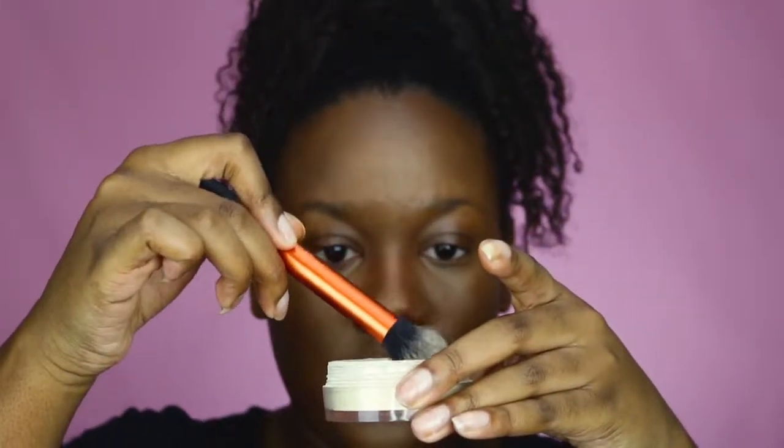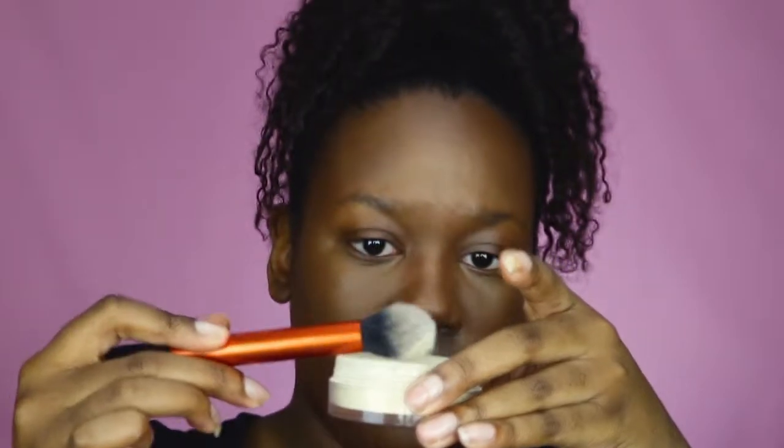So I use this contour brush, but it's perfect for under eye, by Real Techniques. I basically just dab inside of it. And I learned this trick from Mally Magic. What she does is she presses and rolls. That's how she makes sure she gets the perfect amount of coverage, the perfect amount of product in there, and so you don't look super matte. Especially when you're going for a dewy finish, it's absolutely unnecessary to go overboard with powder,